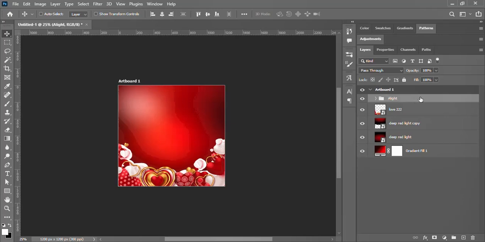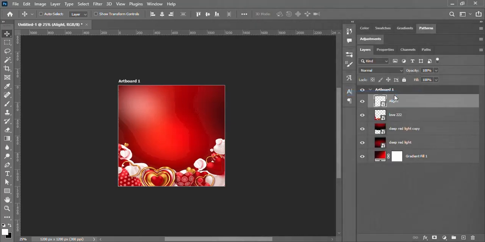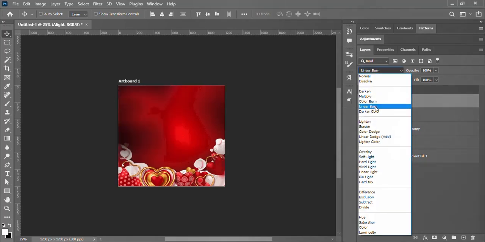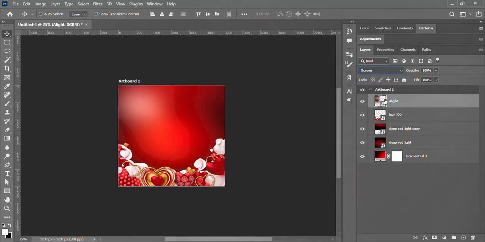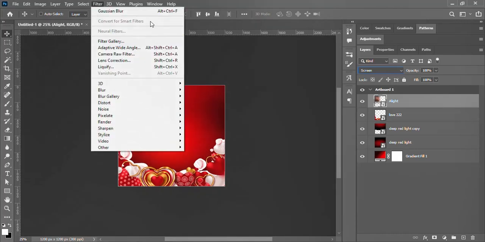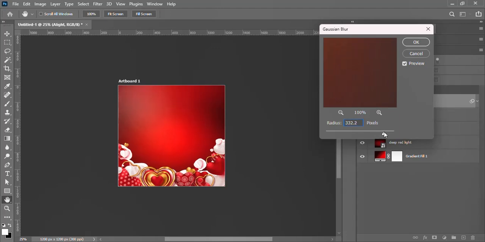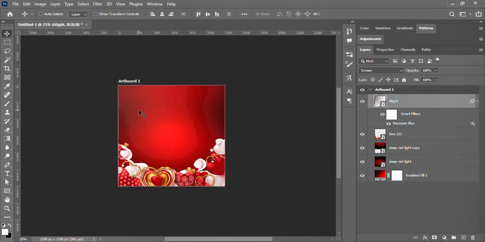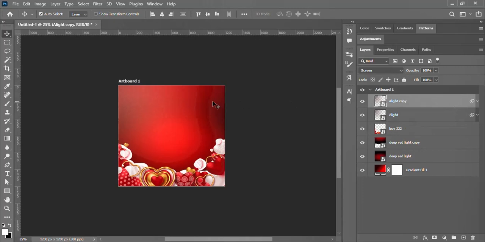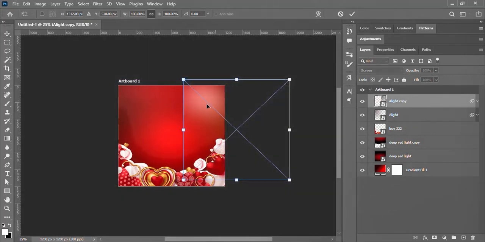Yes. I'll right click and I'll convert to smart object, and I'll set it to screen again, and after doing that I'm going to add a filter again to it, a Gaussian blur also, and we'll take it extremely far like this, so we have something somewhere around here just to add lights into it, and I'll click on OK. You can just drop it somewhere around here and duplicate it again, and you can bring this one here. You right click and you flip horizontally